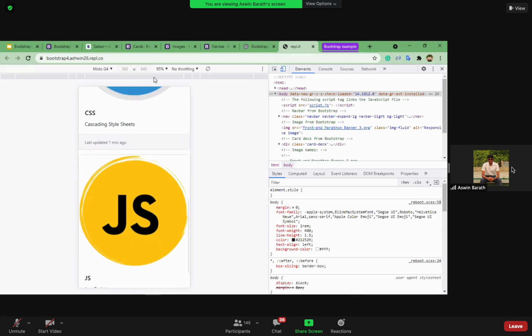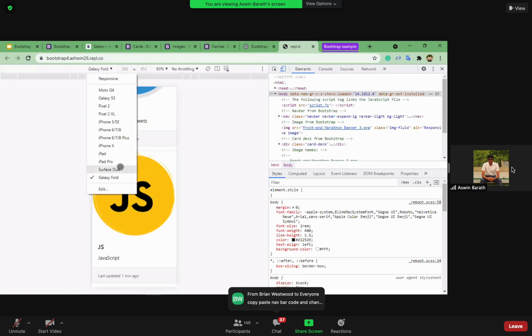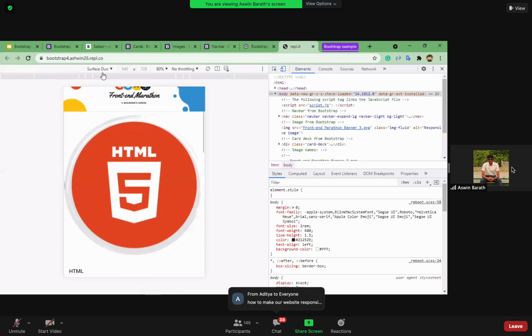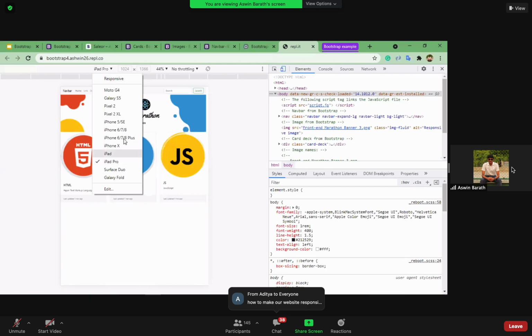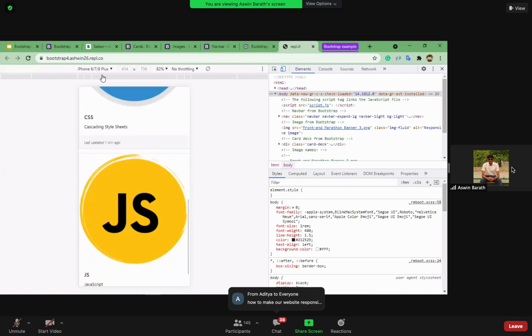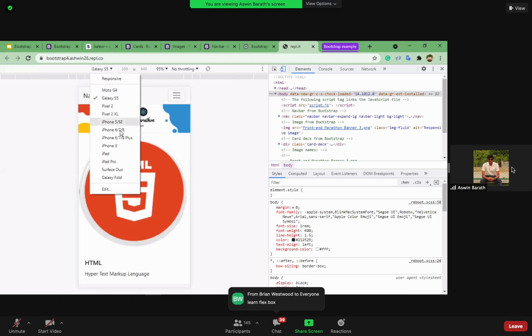So let's change this over here. As you can see, if you click this drop down button, you can choose various dimensions. We have iPad, iPhone, so different types of mobiles. For each and every dimension, it is responsive, right?